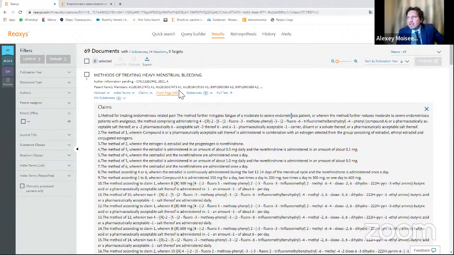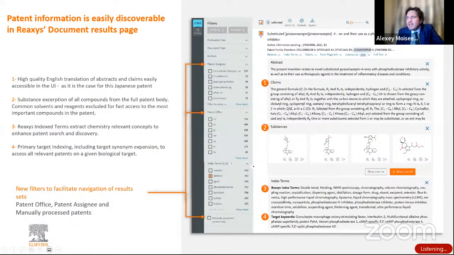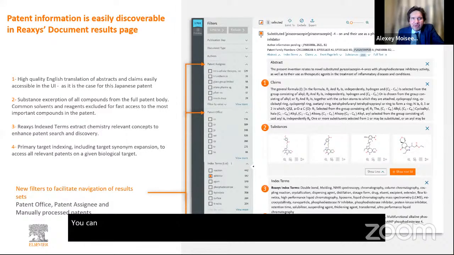It's a really fast tool for working with information. Also, I will show you a couple of slides, so you can work really fast with the information, filter by documents.